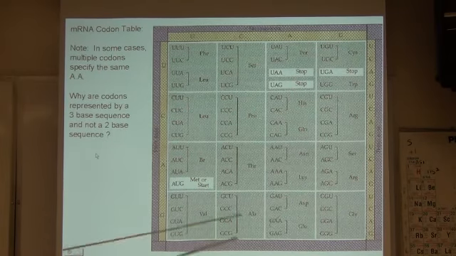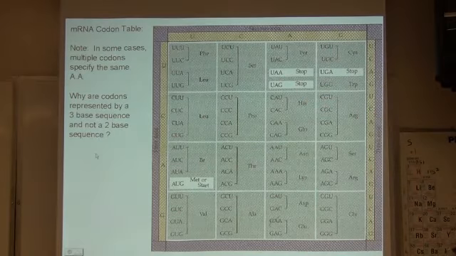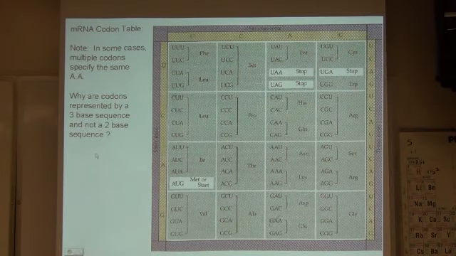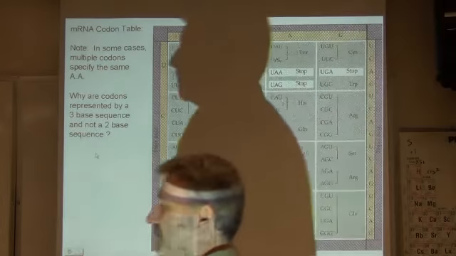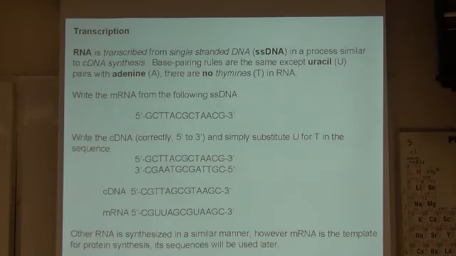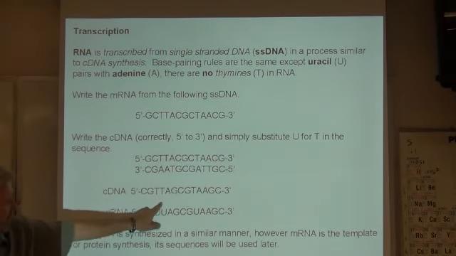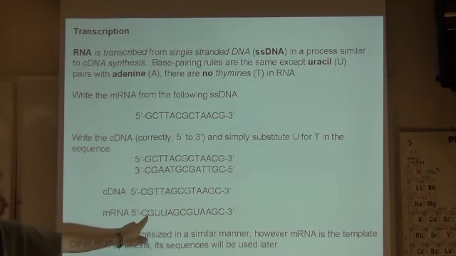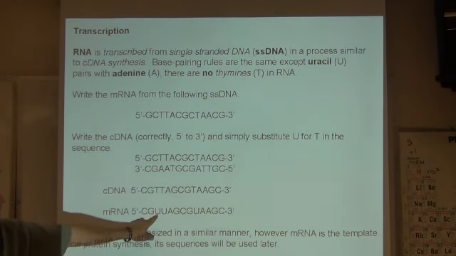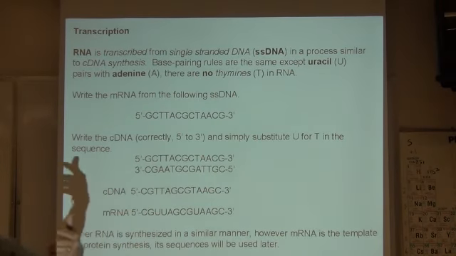Now, this is a messenger RNA codon table in the 5' 3' direction. That's why you have to make sure and switch. Okay? If we back up, for example, here's our, let's say this is our cDNA in the 5' 3'. And when we change our T's to U, this is what we get. CGU is our first amino acid. Now, actually, it wouldn't be. It'd have to be AUG, right? Because methionine is the start sequence.